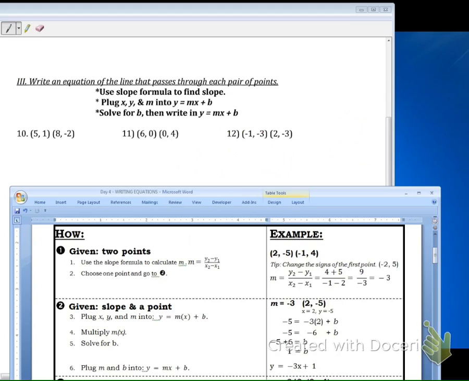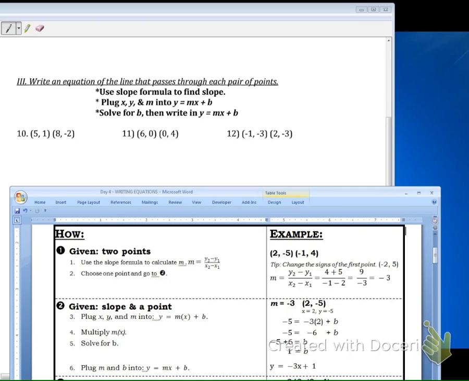Alright, if you're done with part 2, let's look at part 3. It says write an equation of a line that passes through each pair of points. Here I'm trying to display both the guide for you and the practice sheet. So you are given 2 points. So down on your chart it says given 2 points. That's the first scenario. When you're given the 2 points, you have to calculate slope, and you're going to use